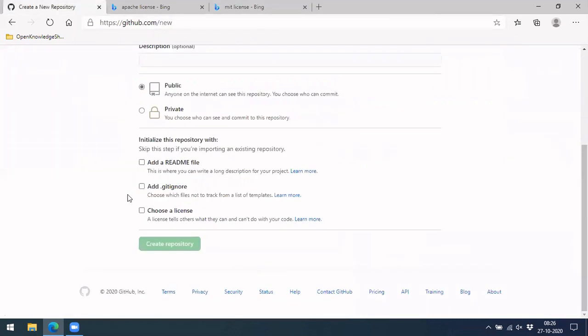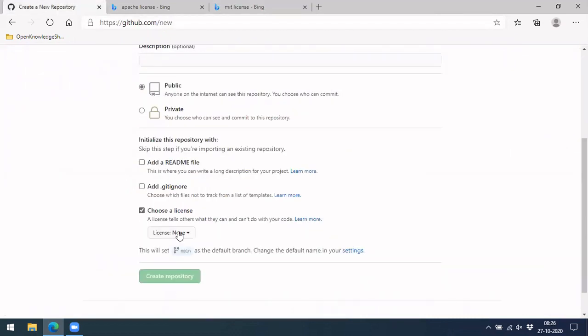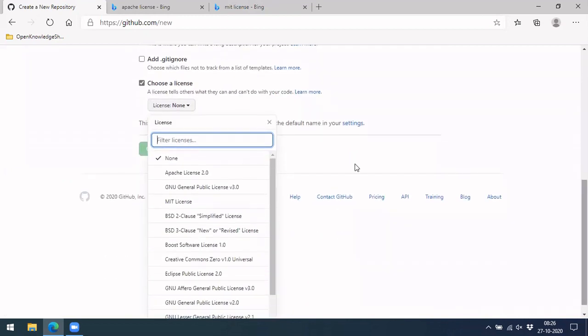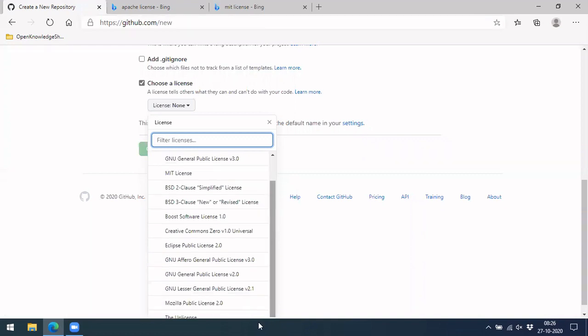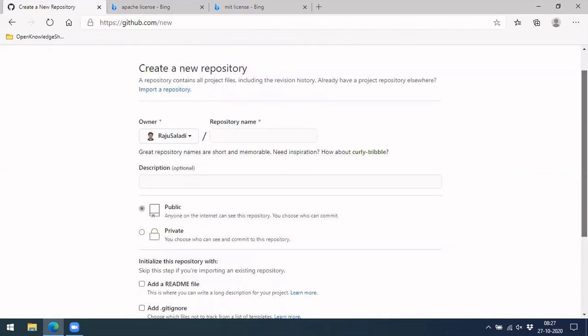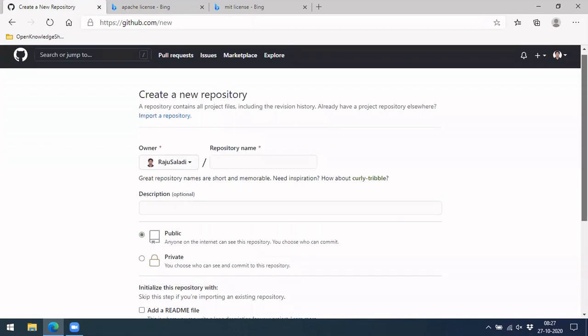You can set what license you want to give. You can pick from a list here. Yeah, GNU, the GNU public license, and these are different kinds of licenses. What you assign to your repo is up to you, and based on that you can create a repo after choosing the license. I'm not creating a repo right now. You can also do it through the command line.